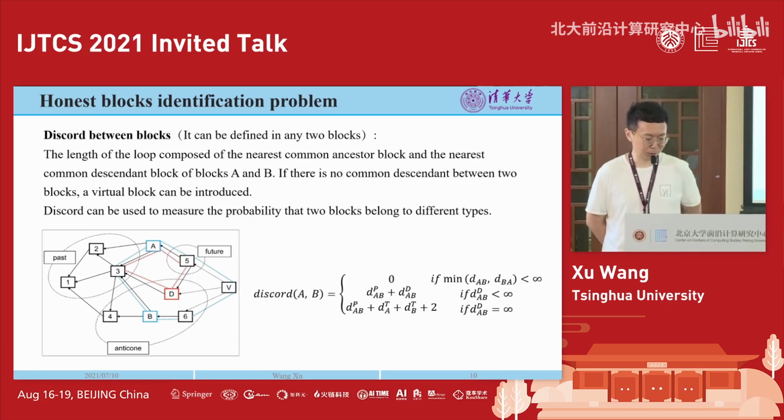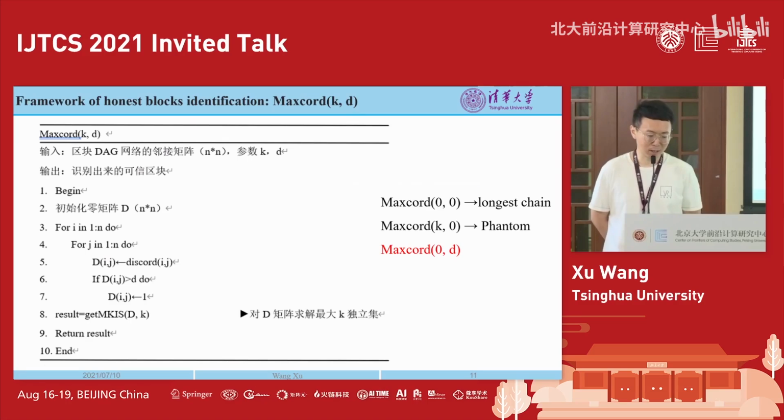We also gave the mathematical formula for the discord between two blocks. I have mentioned just now that the discord between honest blocks is quite small, while the discord between a dishonest block and an honest block is quite large. So after introducing the discord and a proper threshold, we can transform